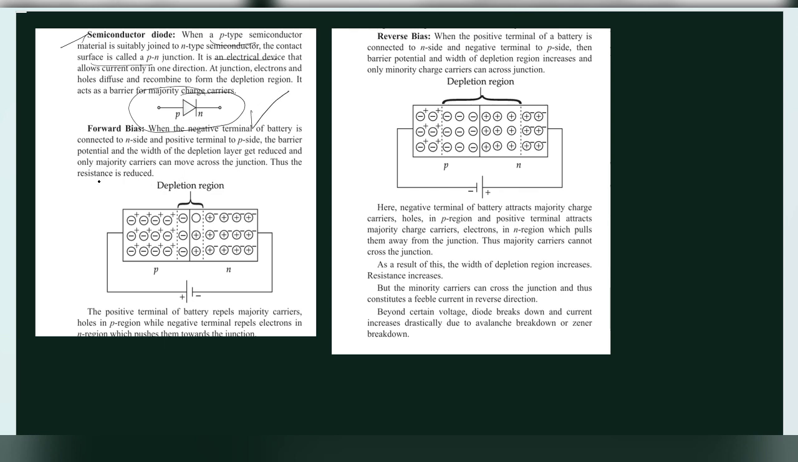We will discuss the biasing of PN junction diode. Biasing is simply connecting the PN junction diode with the battery. There are two types of biasing, forward biasing and reverse biasing. When this P-type semiconductor